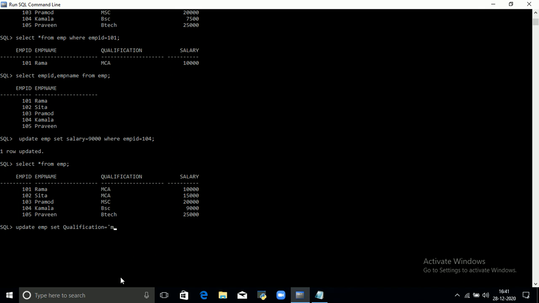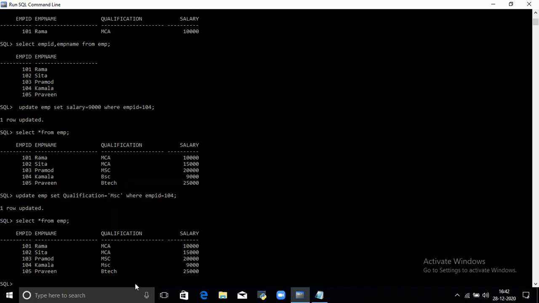Okay, so I want to change it to MSc where employee ID is equal to 104. One row is updated. So just watch the table: select star from table name. Okay, so the qualification of the person 104 is changed from BSc to MSc.